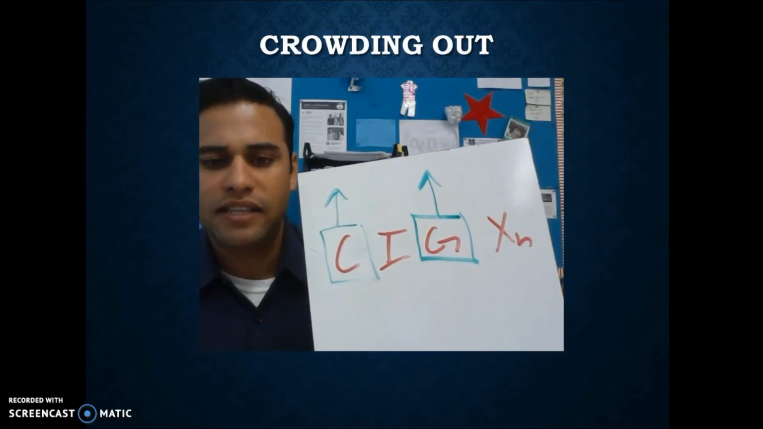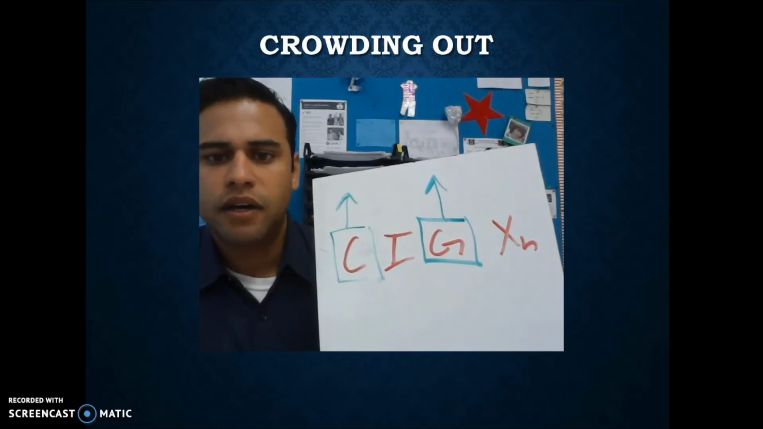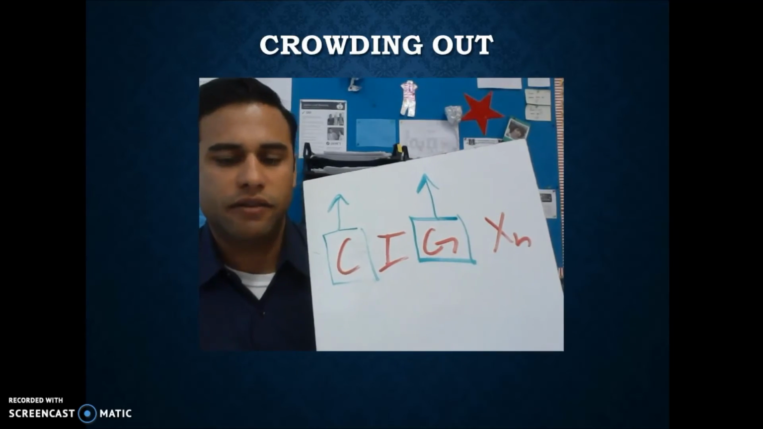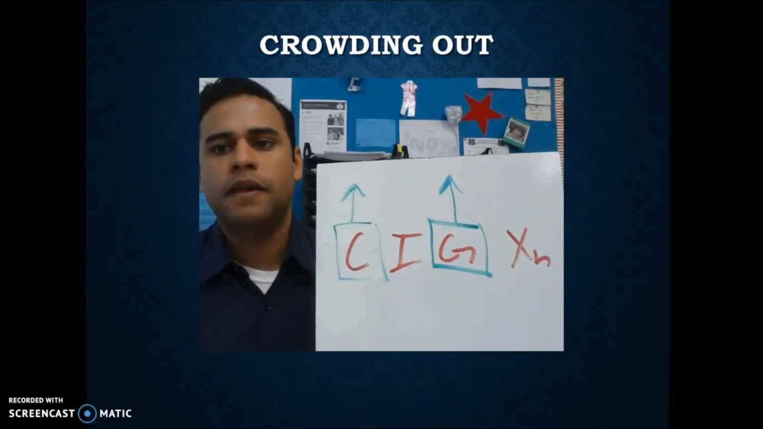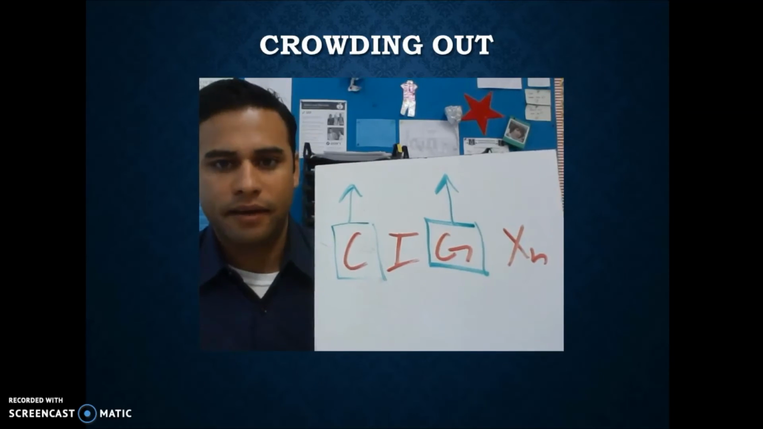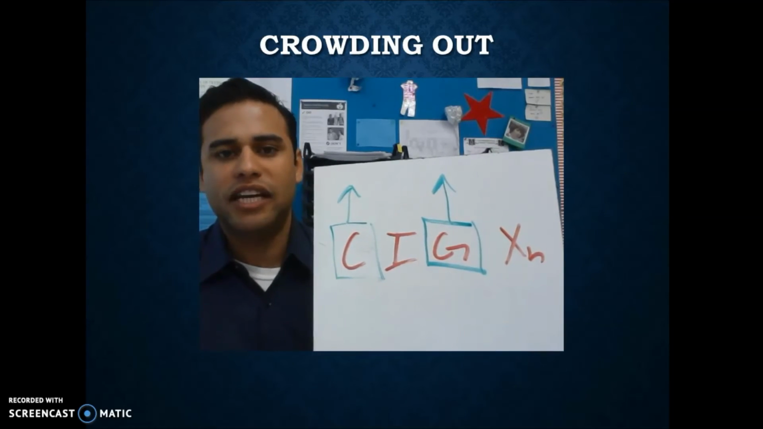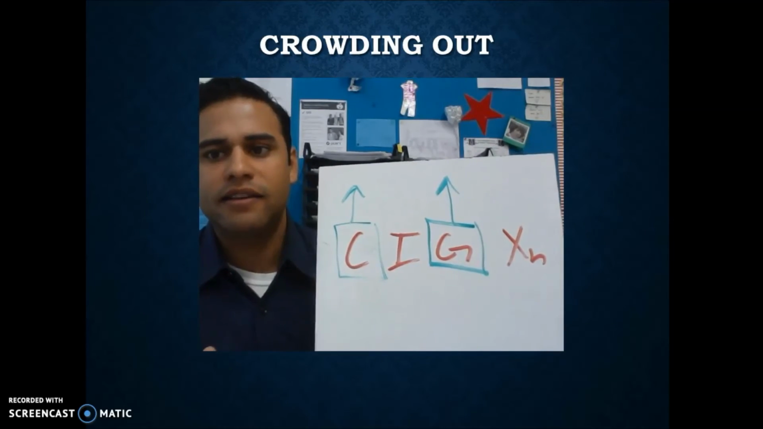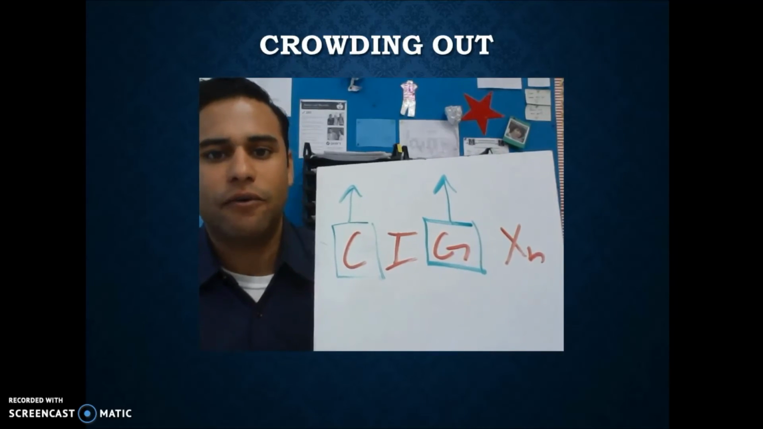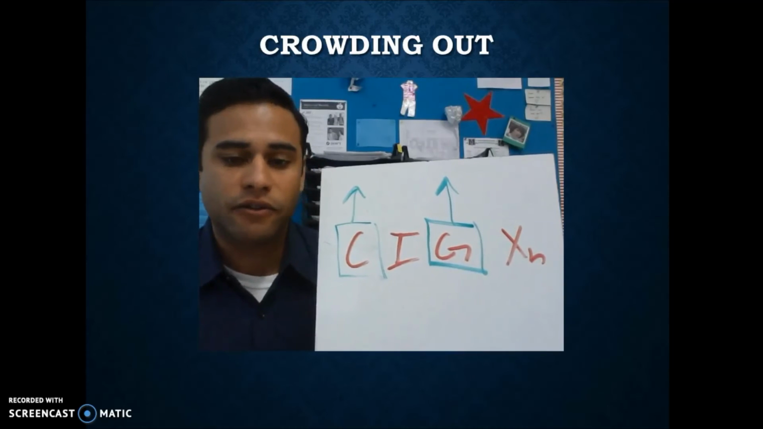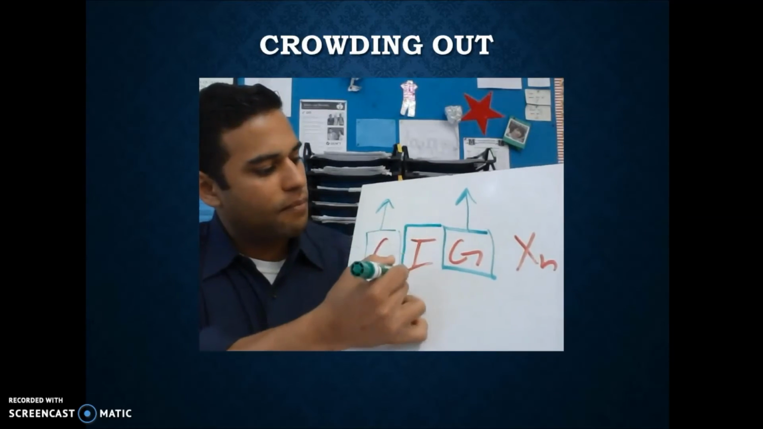What crowding out says is this: in the process of doing this, of increasing government spending and decreasing taxes, and doing the deficit spending, you've got to borrow all of that money. And when you borrow all that money, you are actually increasing the demand for loanable funds, which moves the demand curve outward, increasing the price of loans. The price of loans is interest rates. And so if interest rates go up,